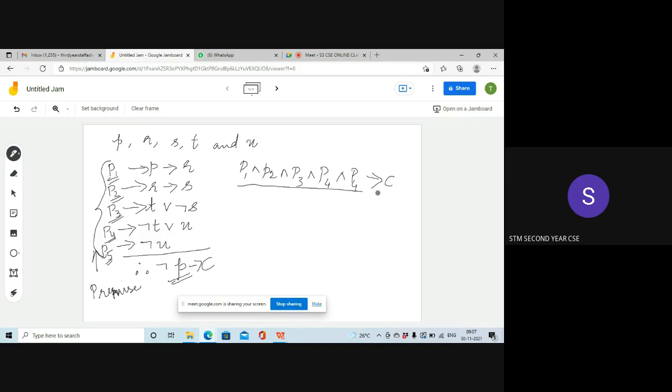So we have to prove this. Either you can draw a truth table as we did earlier by taking the conjunction, and then we know the truth values of implication and conjunction. But to draw the truth table of such a big argument is very difficult. That is why we are going to prove it using the rules that we had studied. So let us see how we can prove it.